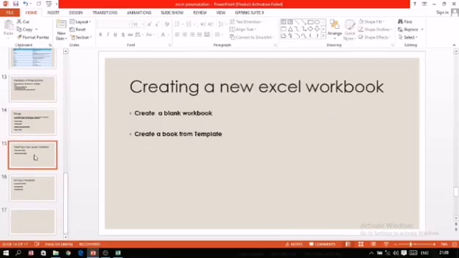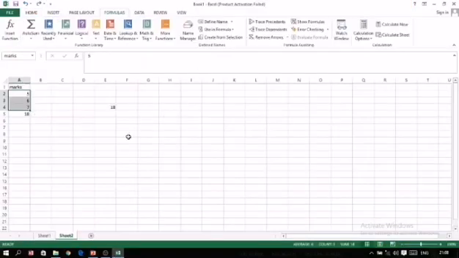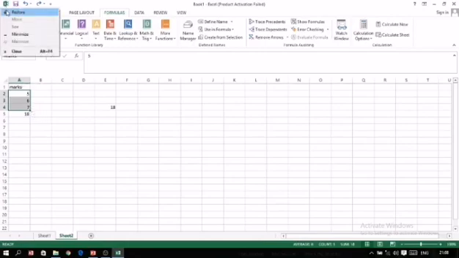After this, the next is creating a new Excel workbook. Therefore, to create a new workbook, click at the create. Then we can create a blank workbook, or we can create one from templates. I will also explain how we can do it. Now for doing this, for example, this workbook is already open and I did some work in it. Now I want to create a new file.